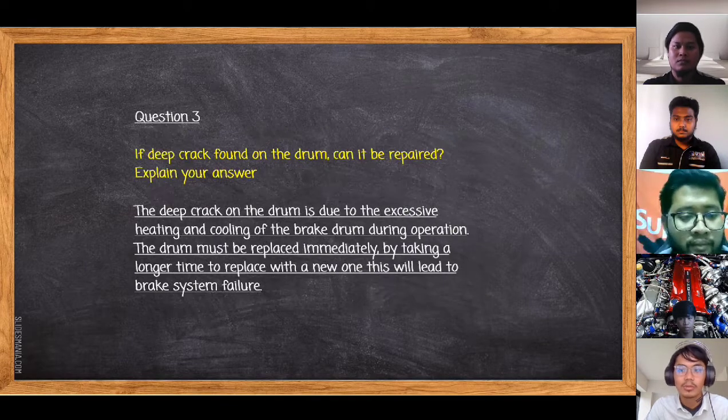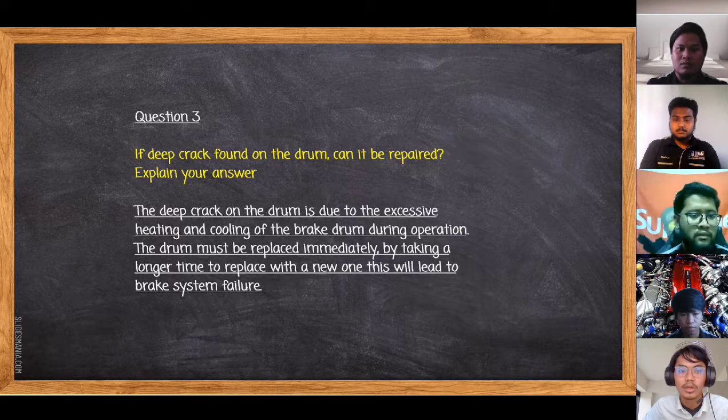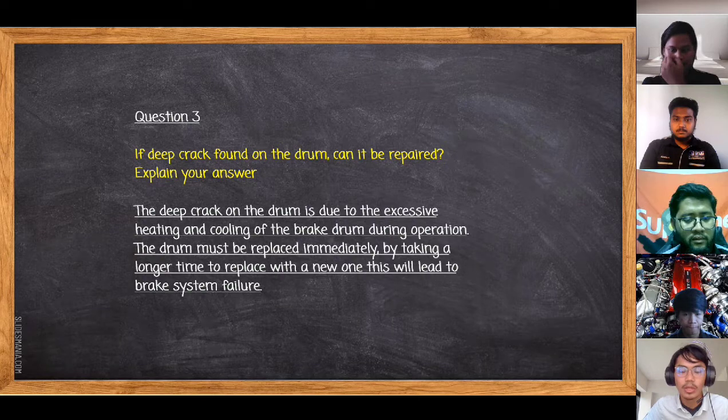Next, question number 3: if a crack is found on the drum, can it be repaired? Explain your answer. The deep crack on the drum is due to excessive heating and cooling of the brake drum during operation. The drum must be replaced immediately, because taking a longer time to replace it with a new one will lead to brake system failure. When using the brakes during hot weather or rainy weather, the drum will expand, and if you keep on using it, it will crack. So if there is a crack, we need to change it immediately